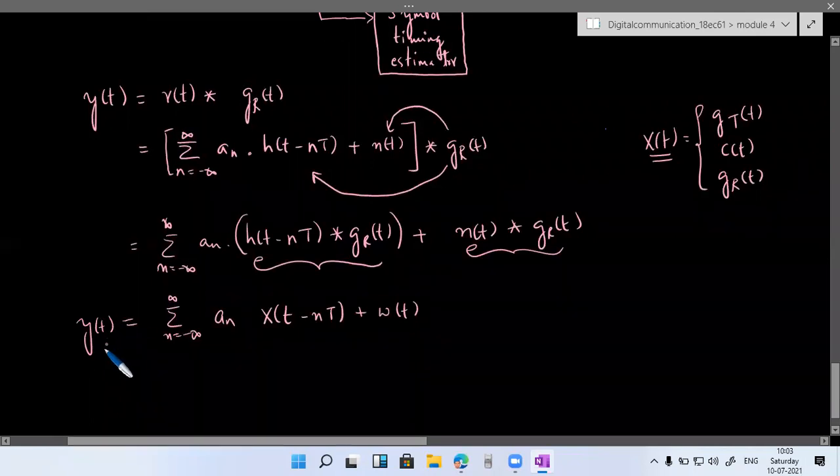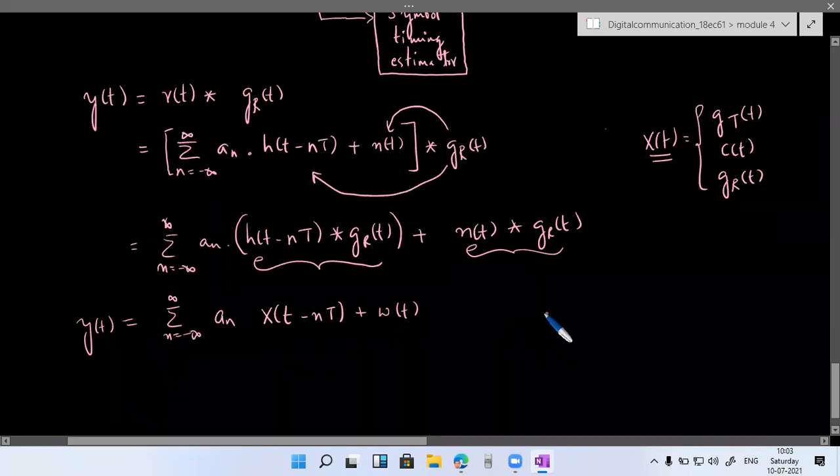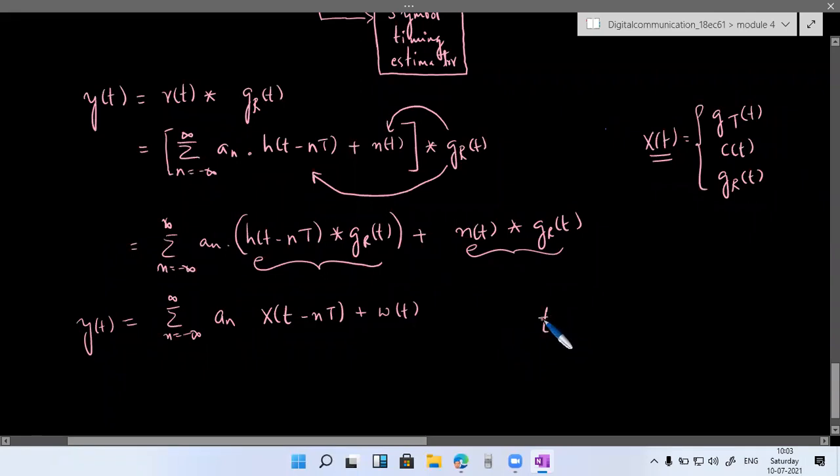Now this y(t) will be made to go through a sampler where we'll be sampling it at every T seconds, and we'll be getting a new sample after every T seconds. So because we are trying to sample it at every T seconds, small t is in turn equal to m times capital T. Where small t indicates the sampling instant, and capital T indicates the pulses that we were getting for every T seconds. Remember that.